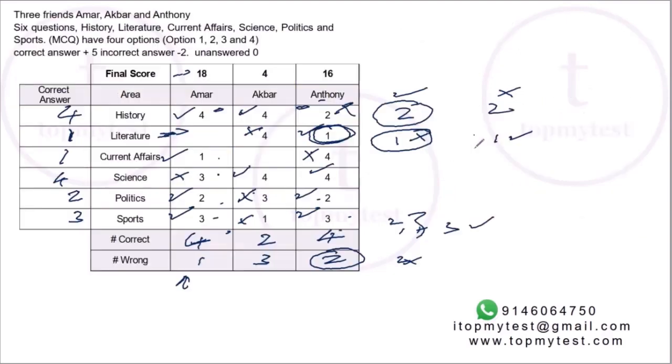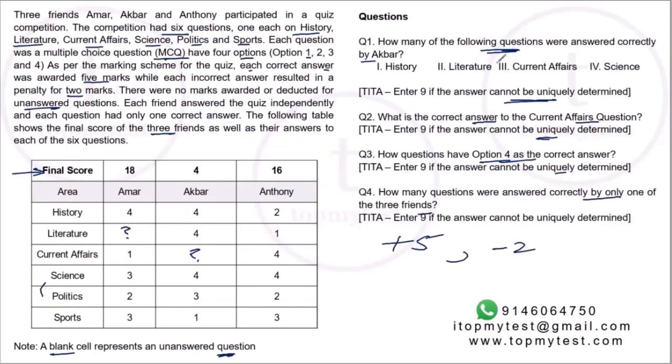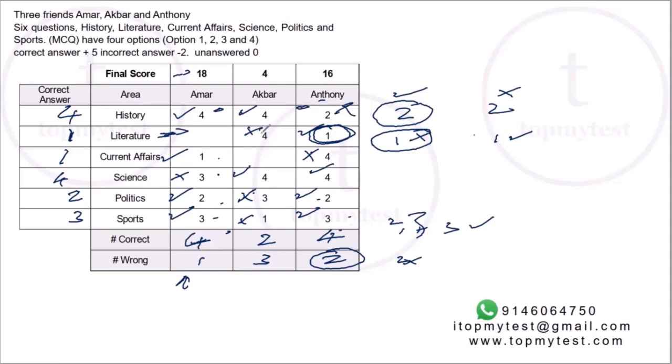So instead of doing the brute force method, we first figured out which are the 2 questions which will definitely be right for them. And then we figured out the error for Anthony. Again, we observed instead of just blindly doing trial and error, you'll have to do trial and error for 5 times. And even then, because the answer may not be determinable or there are multiple cases, you'll have to go through every single scenario. With just a little bit of observation, a little bit of patience and some amount of deduction, we can actually reduce the number of cases that you have to work with.